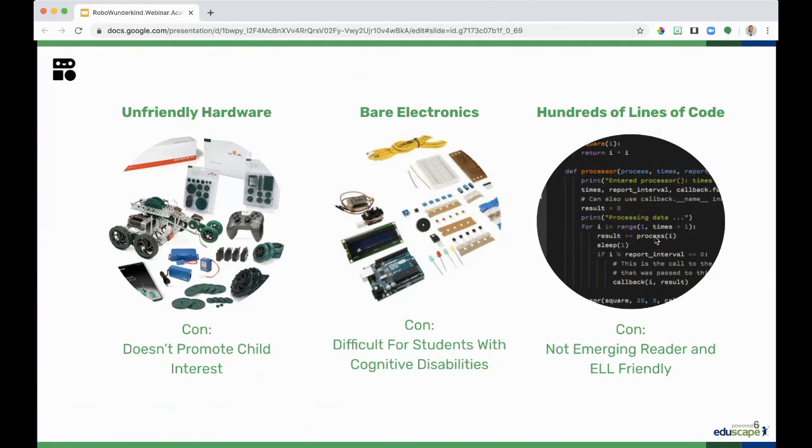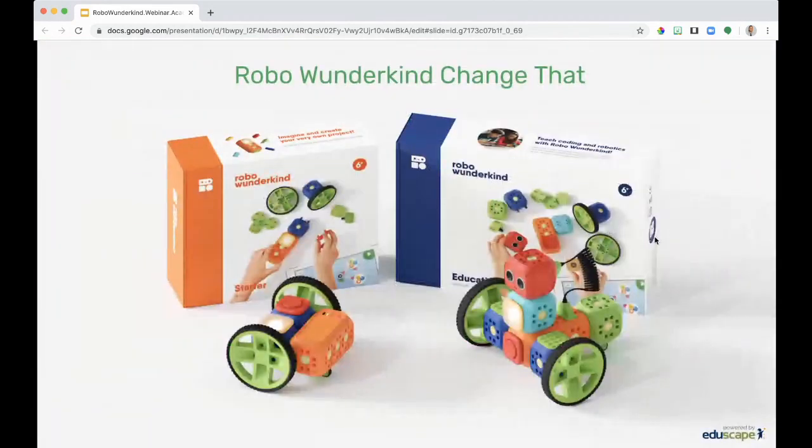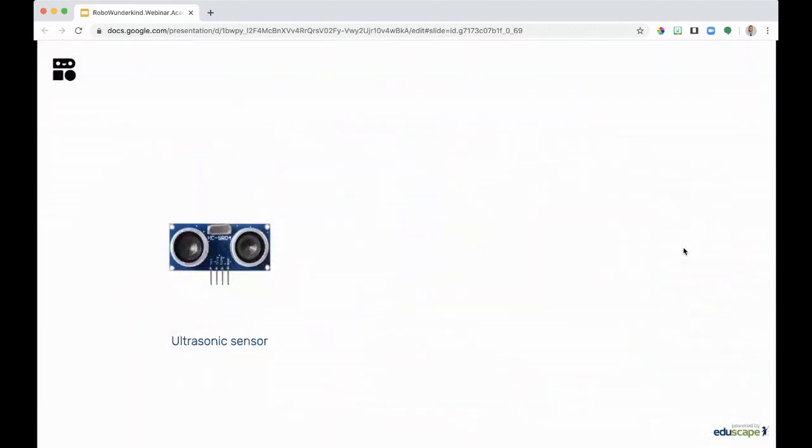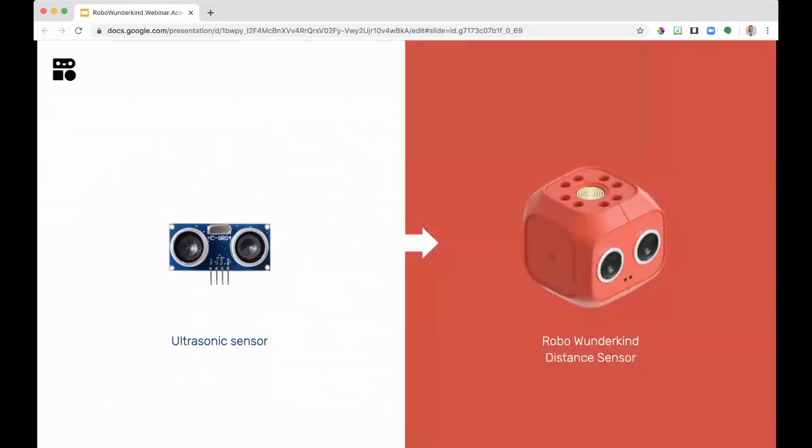So, with that said, Robo Wunderkind changed the look of robotics to be child-friendly. So now Mrs. Jones can expose her students to coding. Ultrasonic sensors that were rough-looking and robotic parts were changed to be more block-like. Now they're more child-friendly, and children can potentially learn coding with kid-friendly robotic pieces.